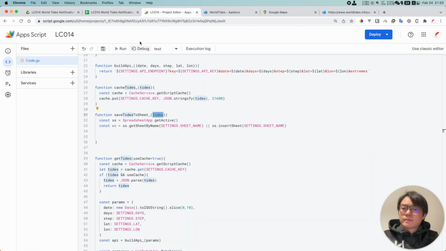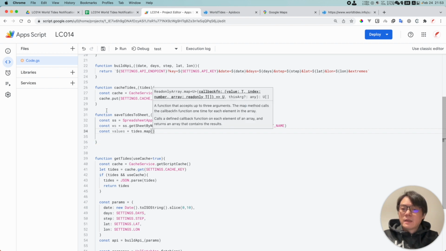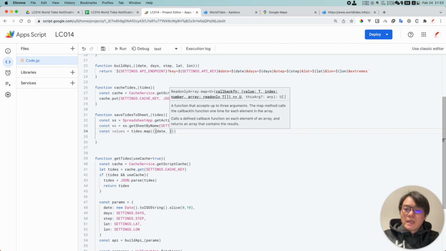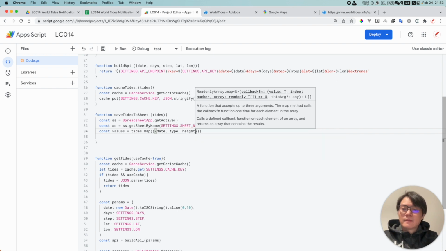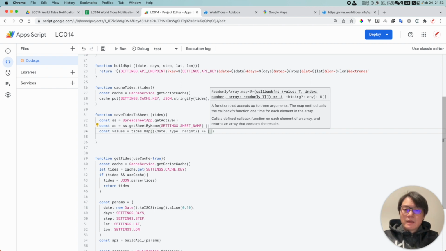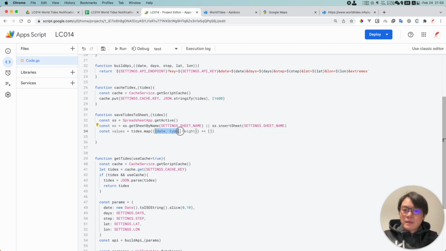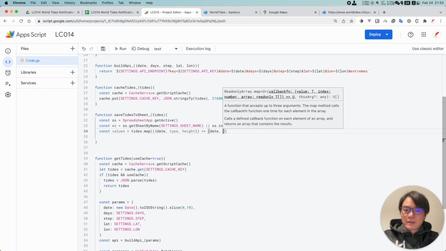So what we can do here, let's say const values is going to be the tides.map, because this is an array, right? And we're going to destructure this tide object, and we get the date, and also I'd like to get the type and the height, so we can basically convert this object to an array. So we put the date at the first place, first column, and type and height,